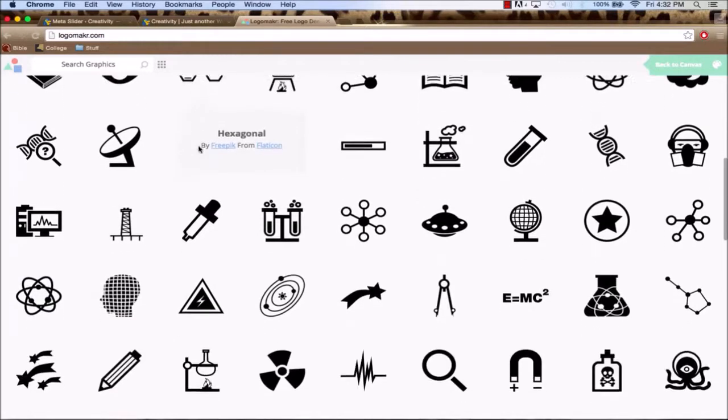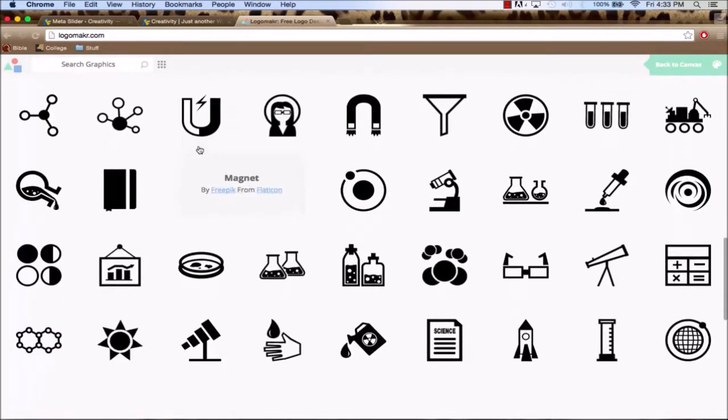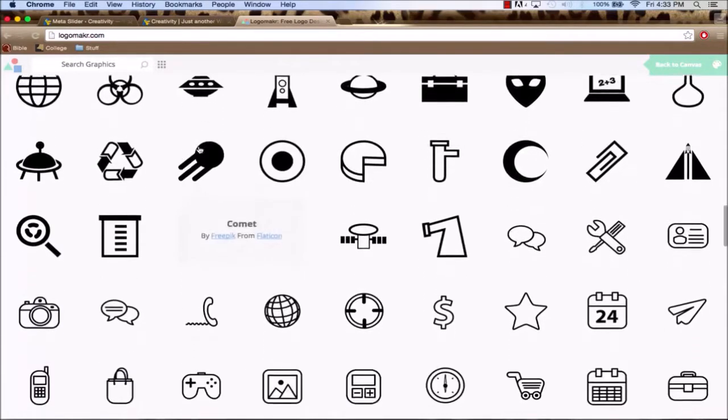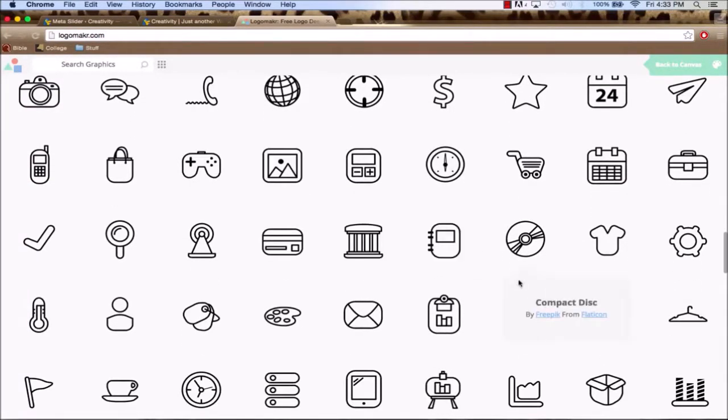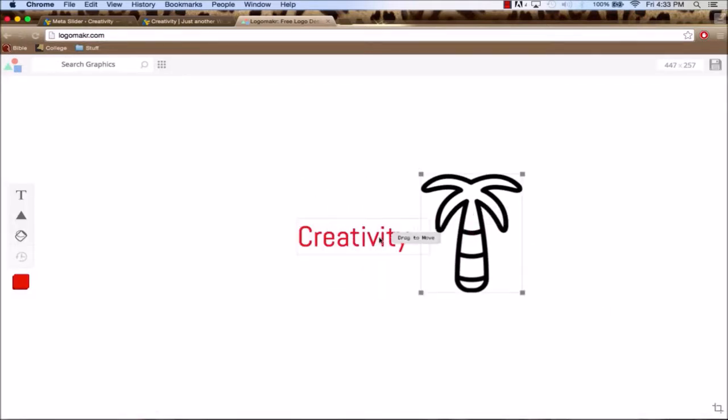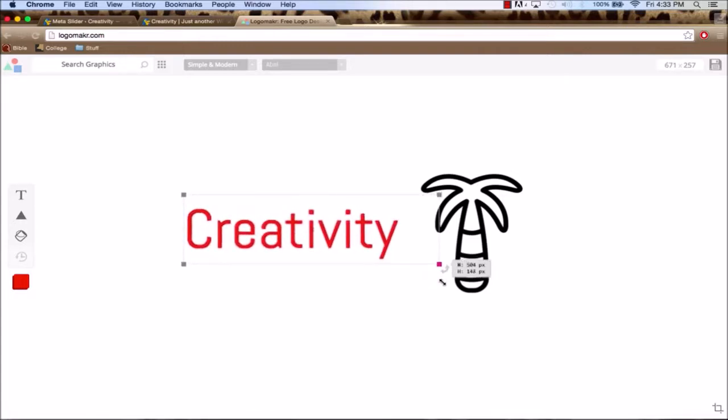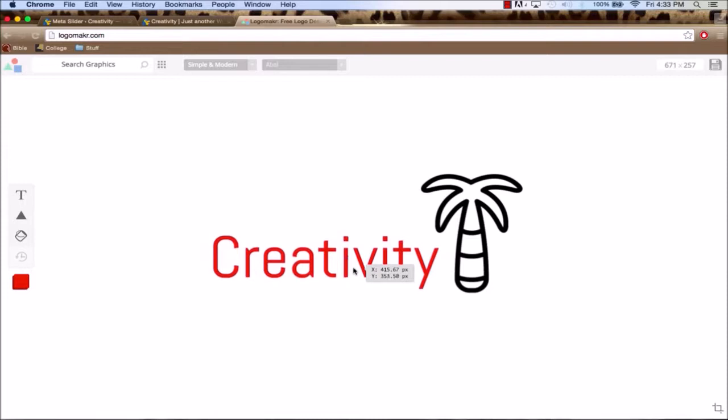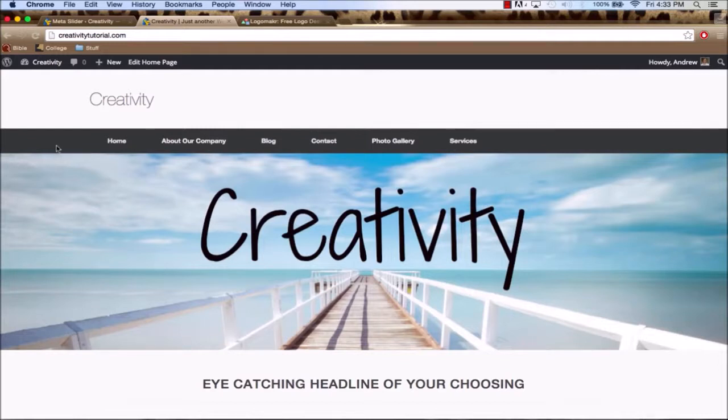It shouldn't be too far down, hopefully. There are a lot of logos though. There we go. So if we just click the logo that we want, it will bring it right there. And if we make this a little bit bigger, maybe put it down here. Now, due to the fact that our logo is actually going to be right here in our menu bar instead of up here, and all of this is going to disappear, this white and this creativity, we want our text to be white,